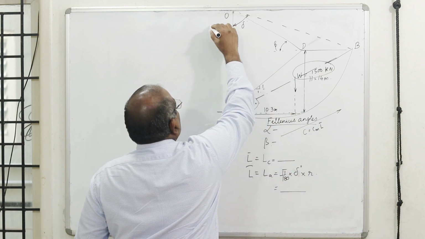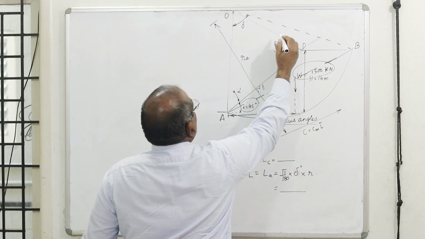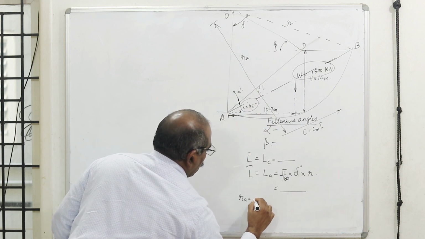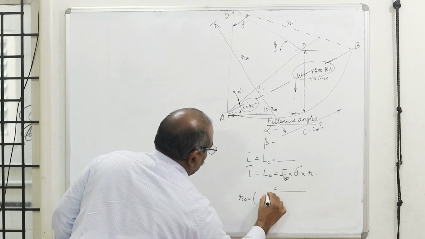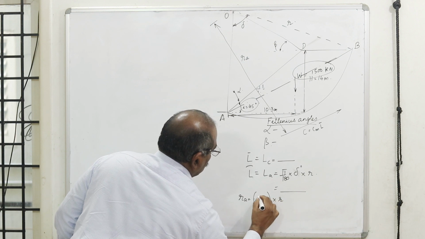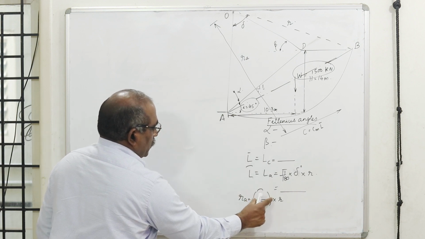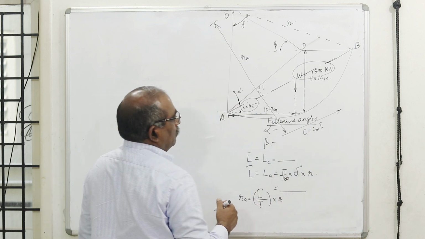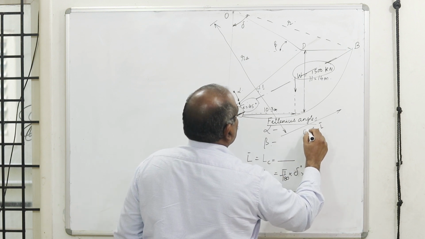Now to find out this distance RA, this is R, I can find out what is that RA. RA is equal to R multiplied by some quantity. What is that quantity? It is the ratio of L arc to L chord. Because this ratio is going to be more than 1, when I multiply it to that R, I get my direction of Cm. Cm into L chord, this is the cohesive force.